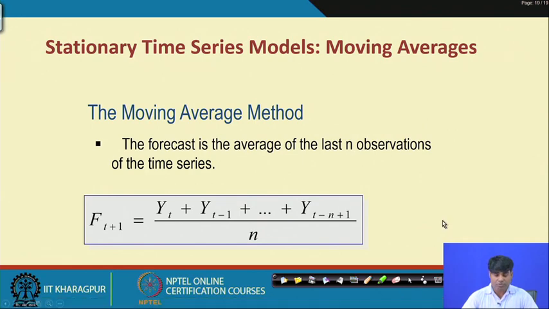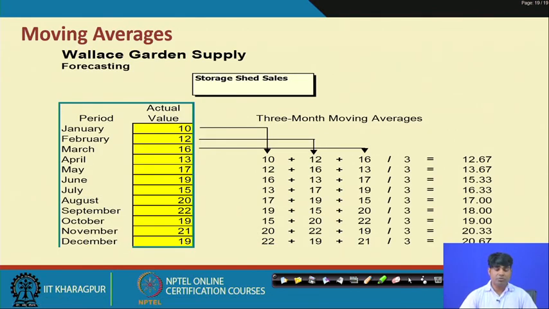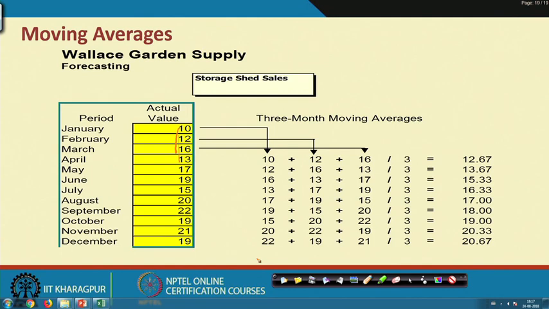we can check how the moving average works, and this is again the same data set, a monthly data set for a year from January to December, and here we are using a 3 years moving average mechanism. So, first, what we can do here. In fact, we have already discussed this one. This is the first 3, if it is a 3 years moving average, then you find the average, then the next 3, and you find the average. Like that, you see here 10, 12, 16, then 12, 16, 13, then 16, 13, 17, every time in order.